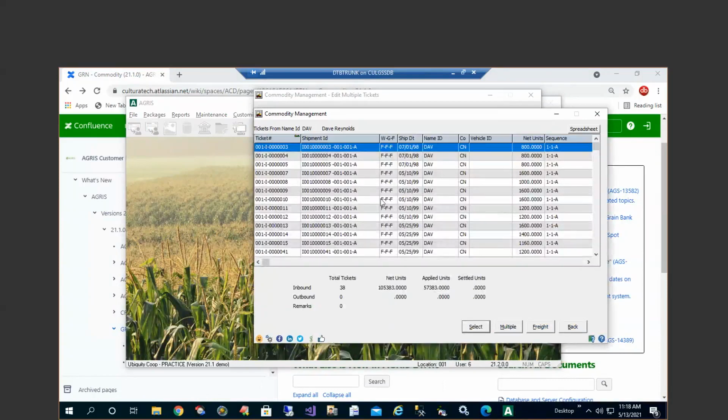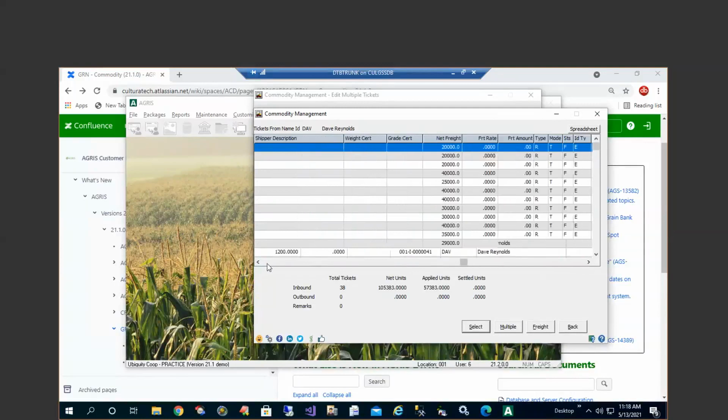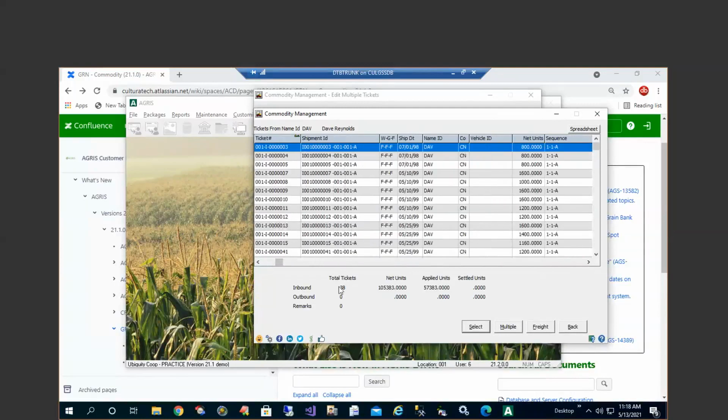Here's my list of tickets that have been filtered for this name ID. If I scroll all the way to the right, I have, actually, I've already moved them. This column right here, shipment ID,